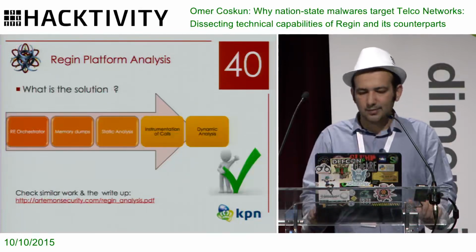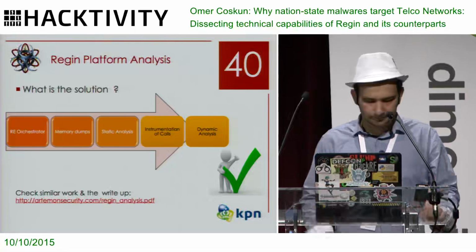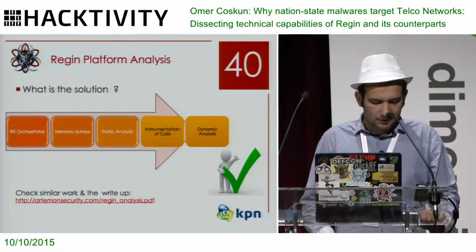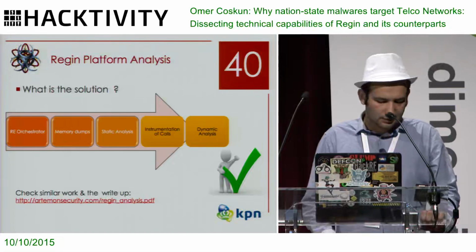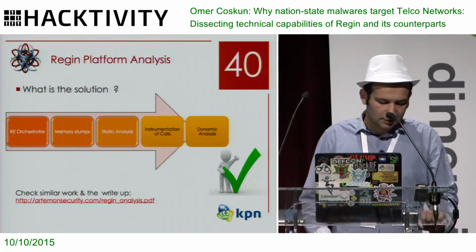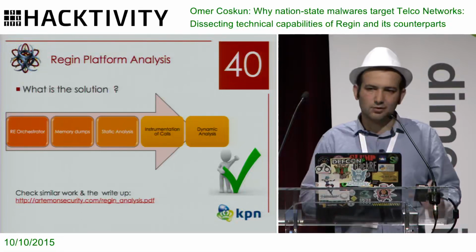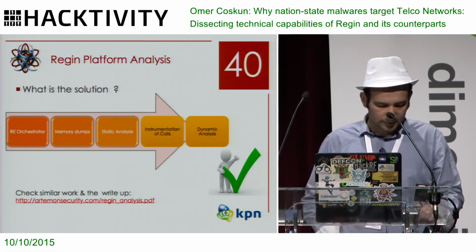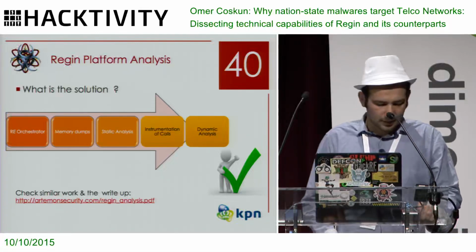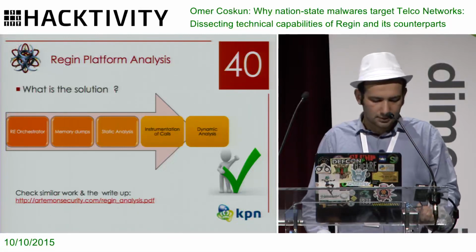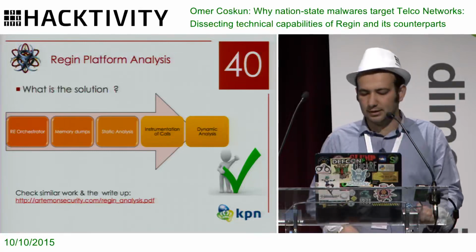So we came up with a solution to this problem. The best way to start was to reverse the encryption brain of the framework, the orchestrator, and accompany it with memory dumps of infected systems in collaboration with different researchers, and to estimate the costs of doing dynamic analysis that way. Similar research was done by a Russian researcher, and there is a more detailed explanation at the given link.